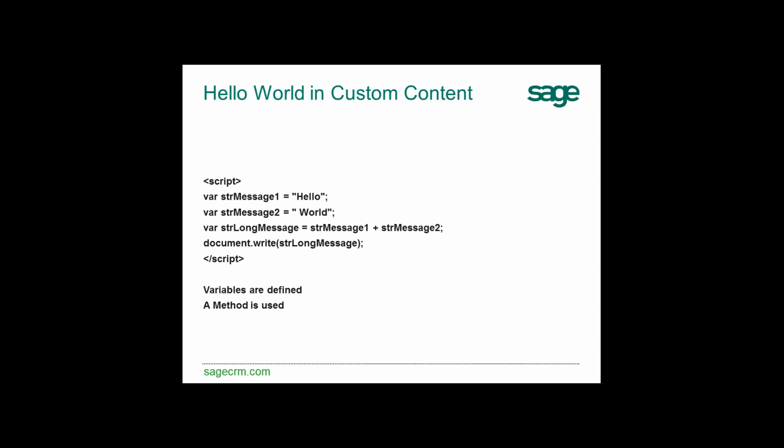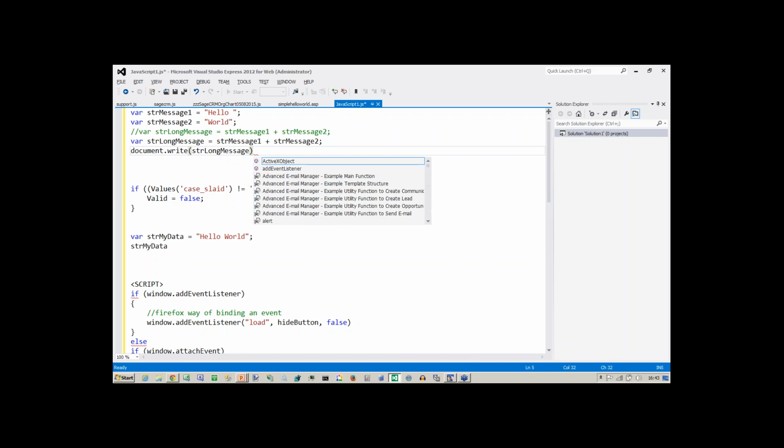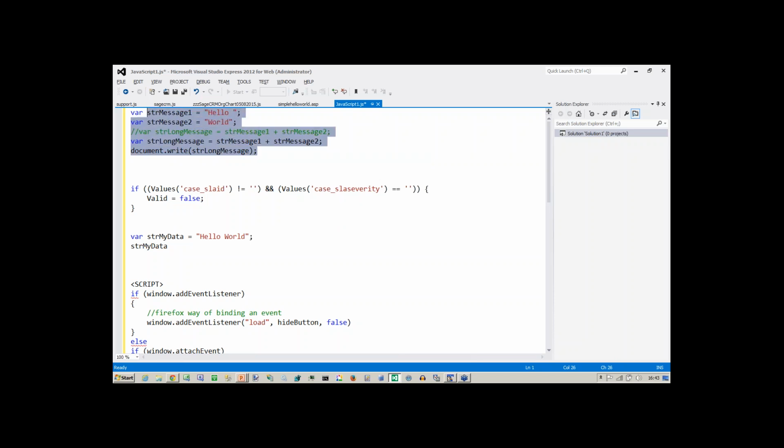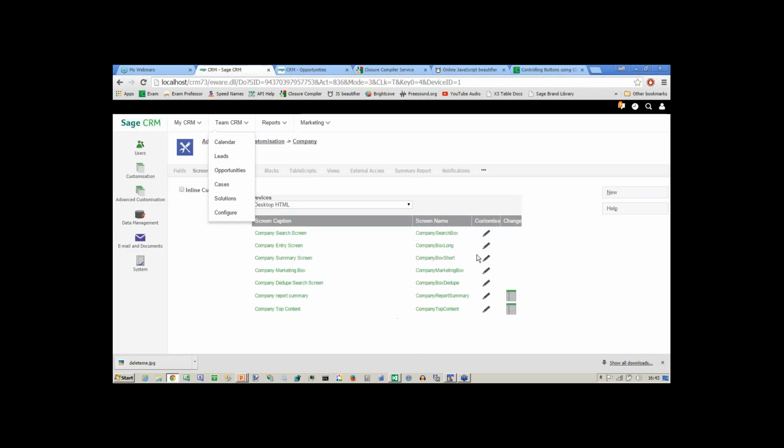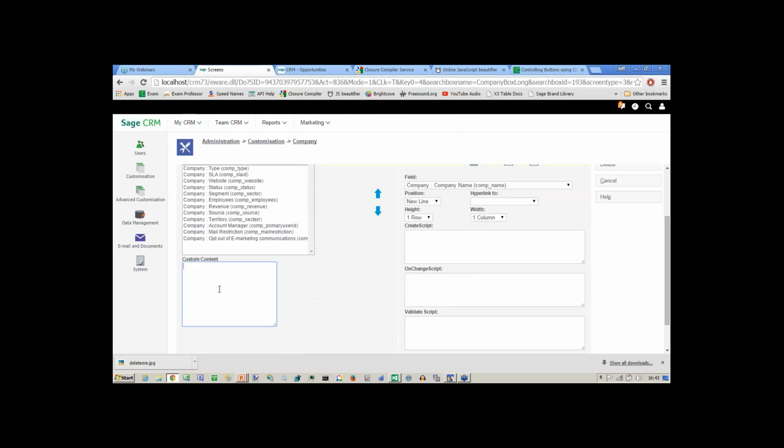When it comes to writing things out, if I want to do some work, then I can introduce you to the idea of a method. So if I do a document dot write, this is a plain old JavaScript method of doing this. I'm just writing out my long message, and I can pick this up and go into my CRM. I can go into the company box, and I can go to where I might put in some custom content in here, and you can see that I can write in script,